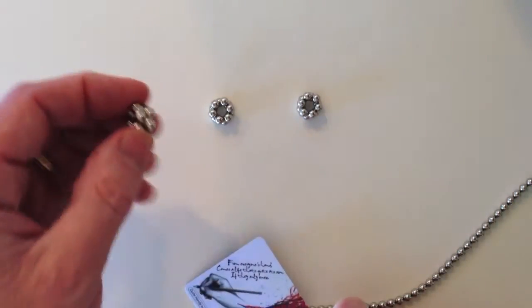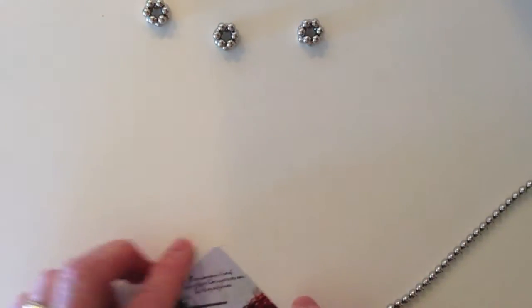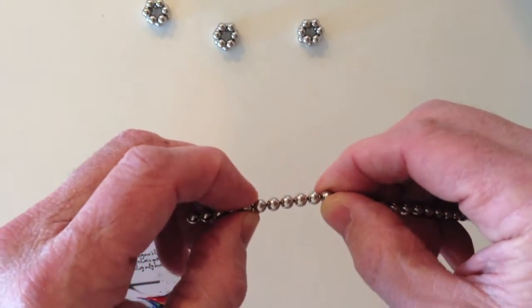Like that. So these are double hexagon rings. You'll need 60 of these. Edge pieces are made from rings of 10. So 5, 10,